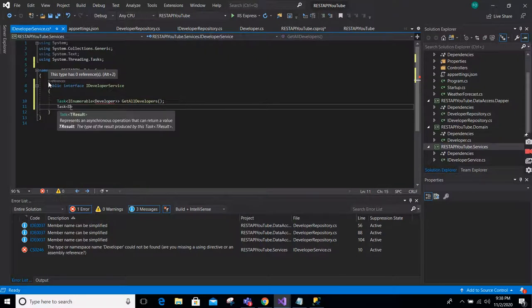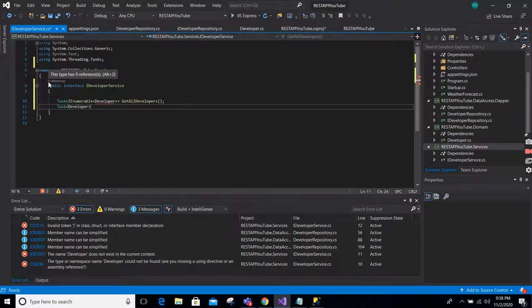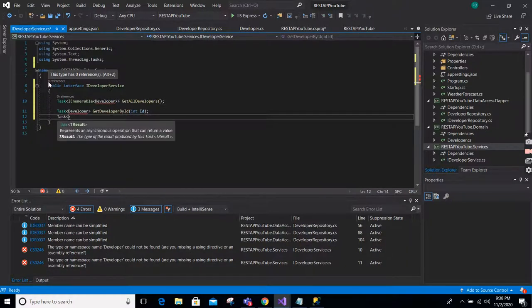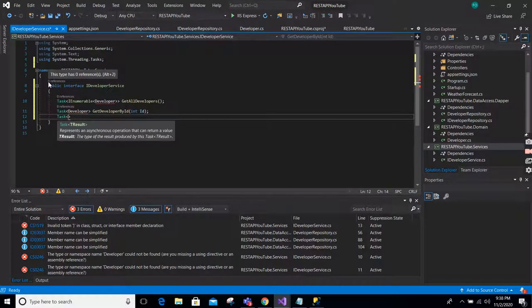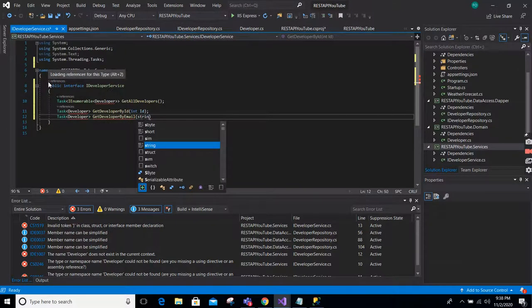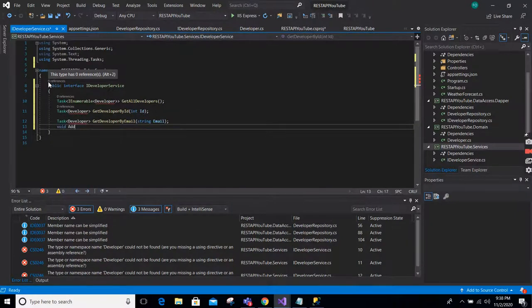Okay, fetch a single developer by ID: Task of Developer, GetDeveloperById, int id. Fetch by email: Task of Developer, GetDeveloperByEmail, string email. Okay, void Add